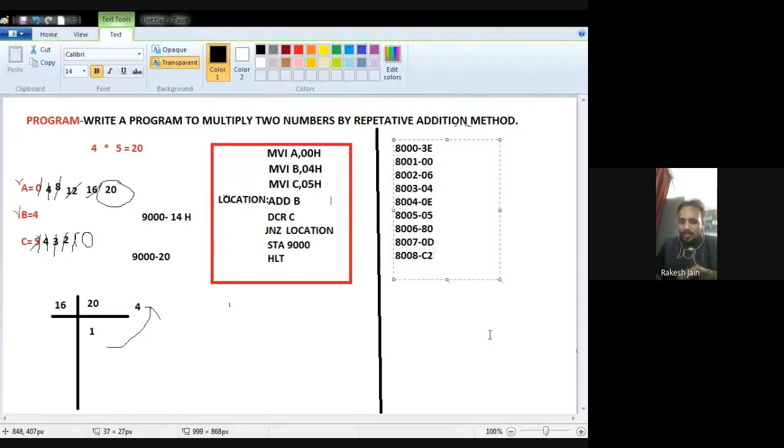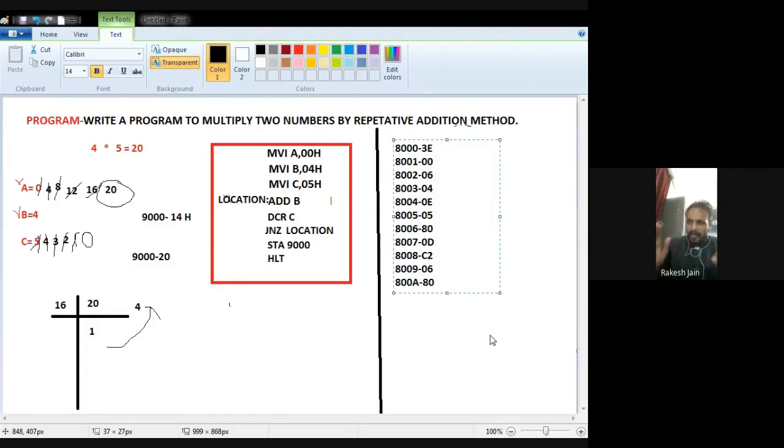Now at the next memory location, I have to write down the address, because it is a location, it is an address. So what is the LOCATION? I previously found that the location is the address where I write down the 80 hex code, and 80 is written down at 8006. It means location is 8006. So after the jump not 0 hex code C2, I have to write down 8006. So how can we write down 8006? First the last 06, the LSB, will come, then at the next memory location, after the 9, it will automatically be 800A.